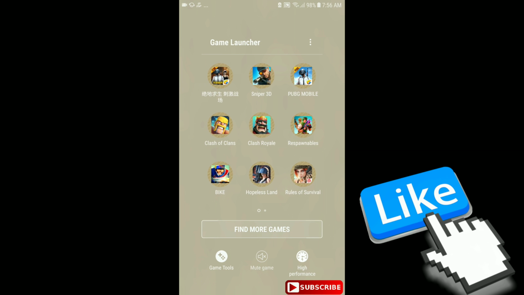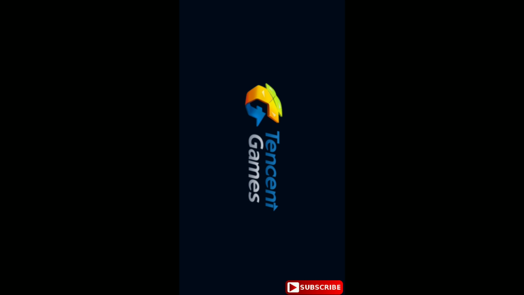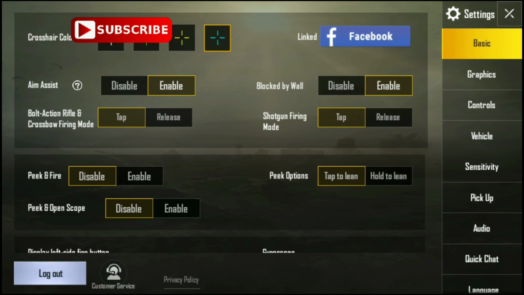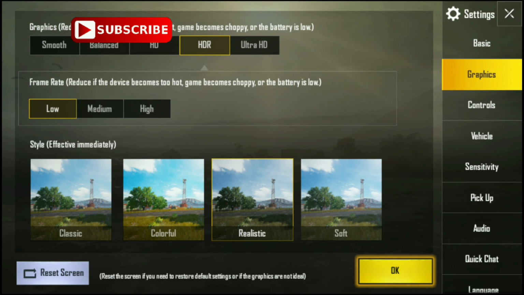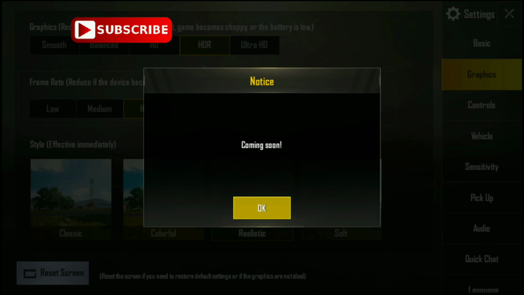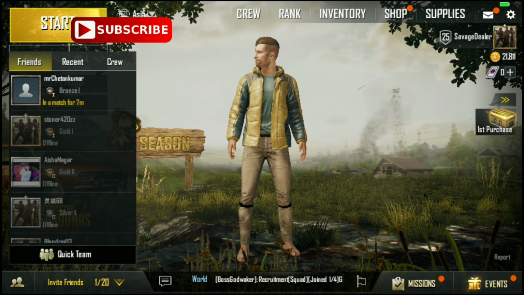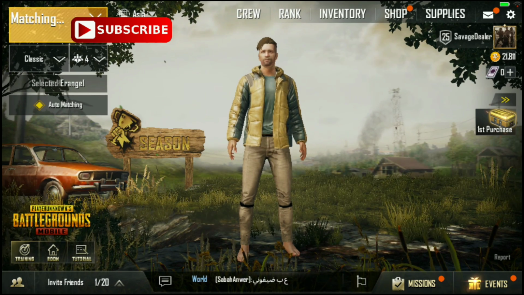Now guys, you need to open your PUBG Mobile app. Once you've done that, I think it'll take some time. Okay, great. It's going to take some time, and you can see it over there, guys. The graphics is HDR. Basically you get HDR on your PUBG Mobile, and that's great. You can't get Ultra HD because that doesn't support that much FPS, but you can use HDR and you can see the crystal clear